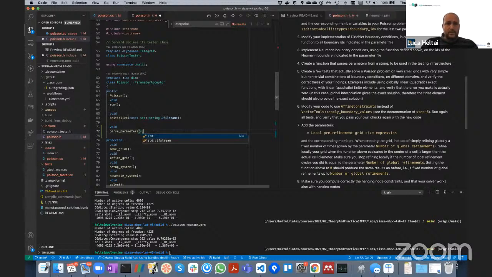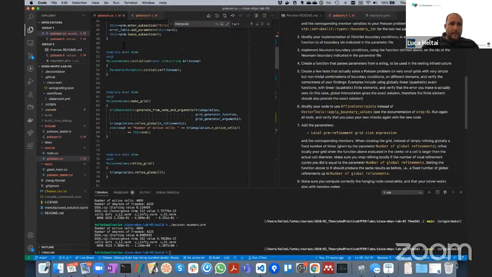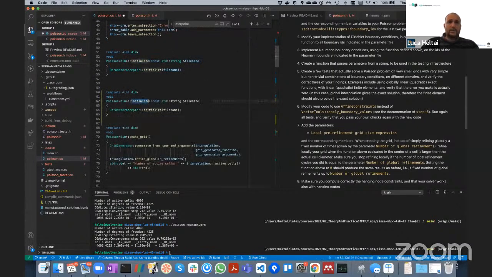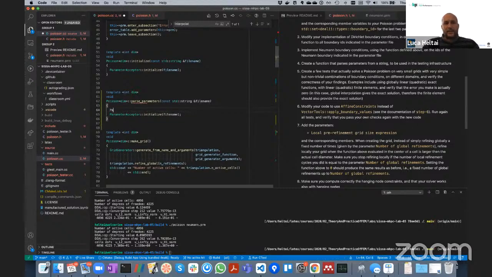And I will call this const string parameters. And now in the Poisson.cc, I do in the same fashion that I did here: pass the parameters that I have here. Instead of going parameter acceptor initialize file name, what I do is, in the parameter acceptor class, there are functions that allow you to pass the parameter files and pass all parameters or declare all parameters. Okay, so after you've constructed this class, the parameter acceptor